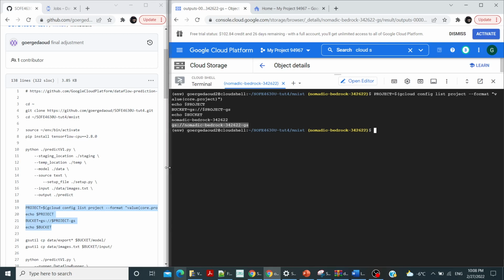So after this, we have to copy the data from my shell to the bucket. What I need to copy is the model and the input data. So to do this, I'll use gsutil and copy from local, from the current directory, from the folder data, any file that starts with export, to my bucket,